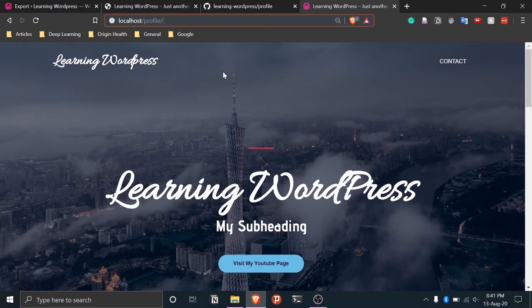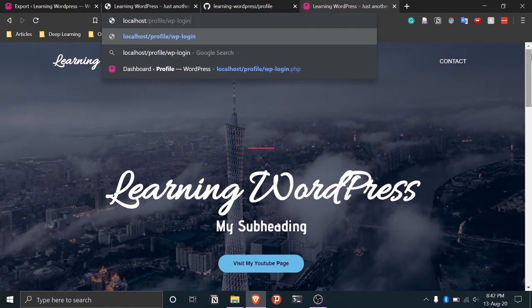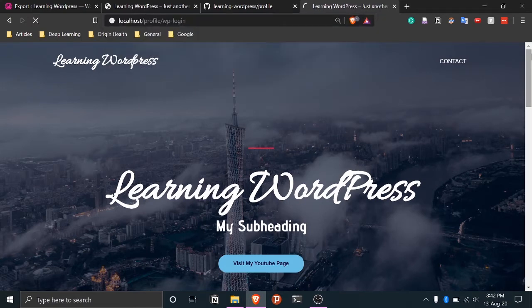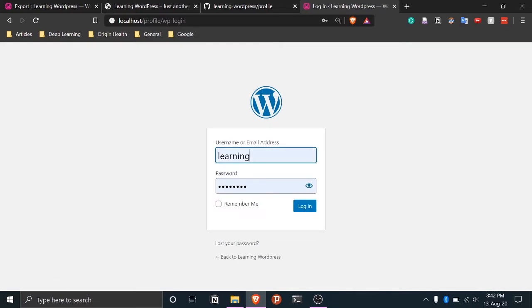If you notice, we don't have that bar here, and that is because we have not logged in after we imported this website. So what we'll do here, we'll just do wp-login and enter. Now it will take us to the login page. Here we'll put the username and password, and then we log in.